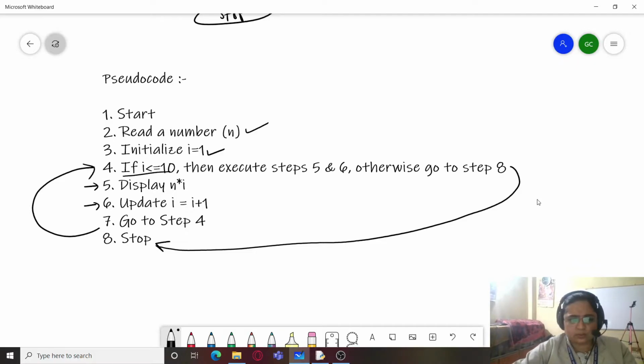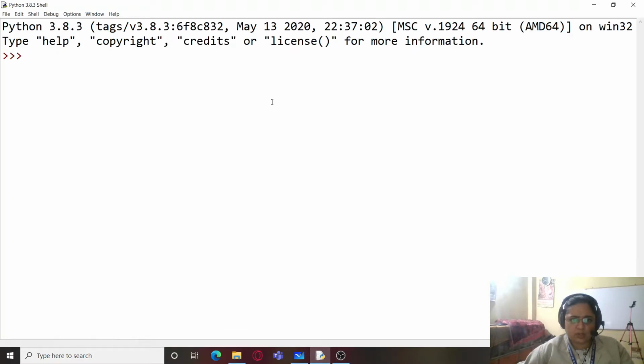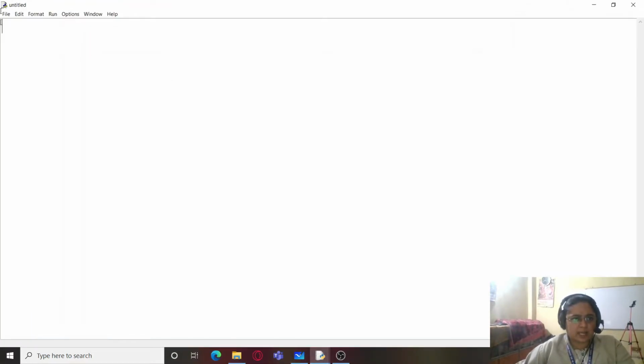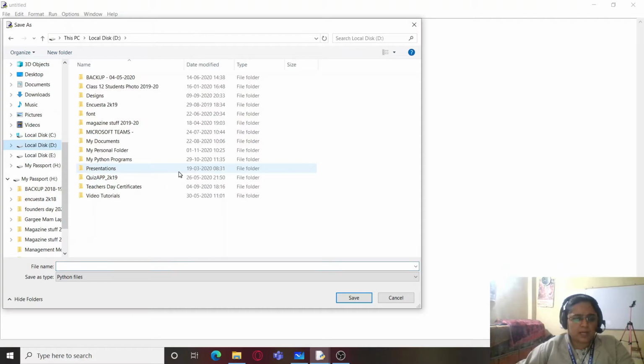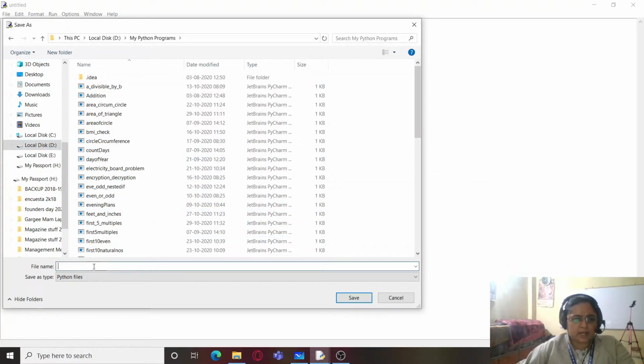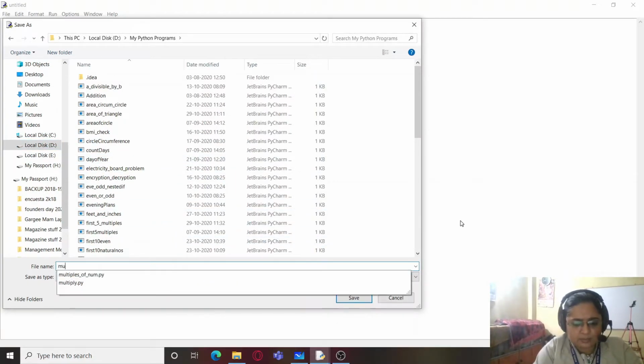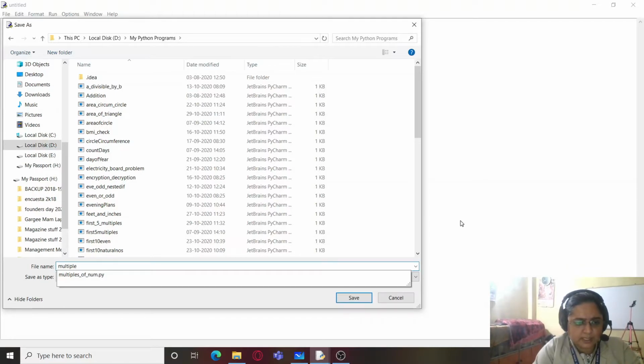Now using this pseudocode, it would be easy for us to code the program. So let us code our program. I'm going to open a new file and I will save it in the usual location where I save all my other Python programs, and I'm going to type here multiples of a number.